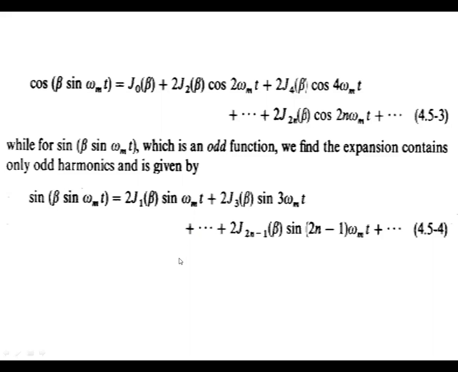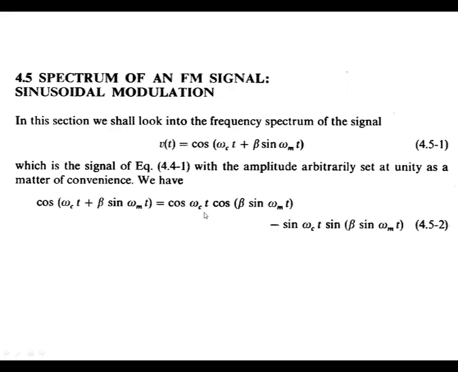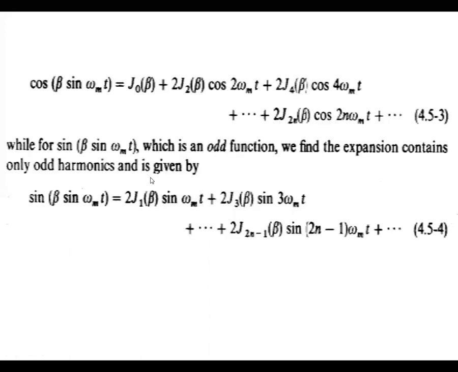So now that equation has cos ω_c t and sin ω_c t along with the even harmonics and odd harmonics. The even harmonics come from cos(β sin ω_m t) and the odd harmonics come from sin(β sin ω_m t). Now these harmonics are considered. The function J_n(β) obtained in the solution of engineering problems is the Bessel function. That is, J_0(β) is the Bessel function.